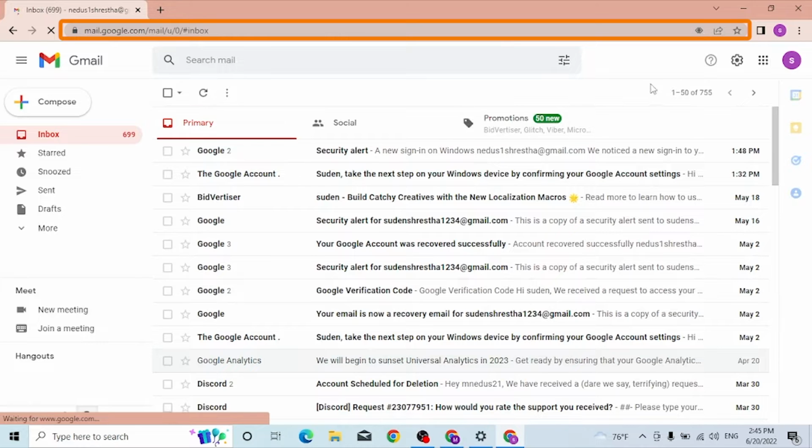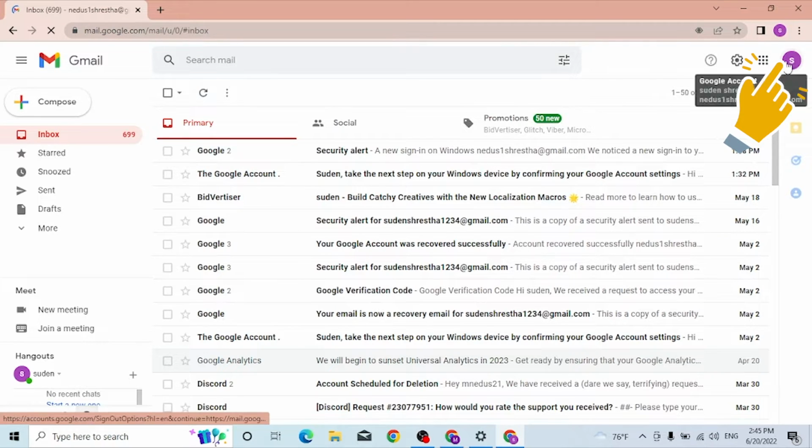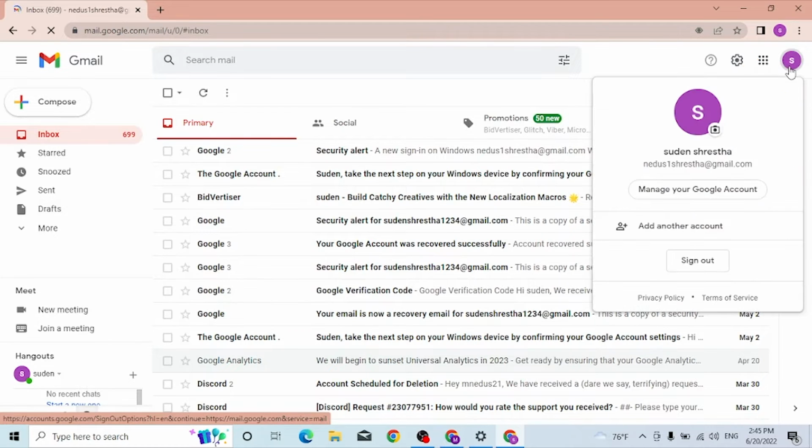And after that, you can see your profile picture icon or your name icon on the top right corner of your screen. Click over there and you can see the manage your Google account option appear over here. Tap over there,